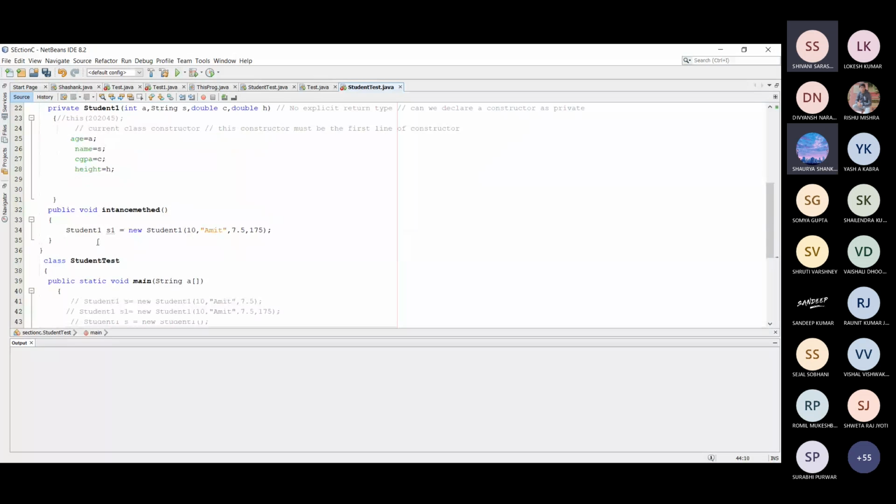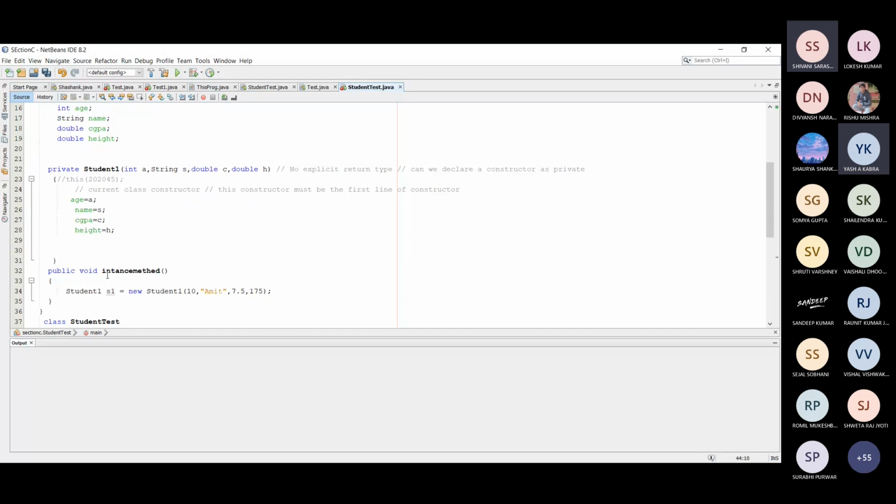In that particular case, in order to call the instance method without creating the object of a class, we need to declare this method as static.